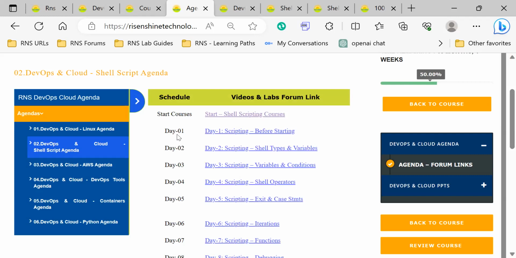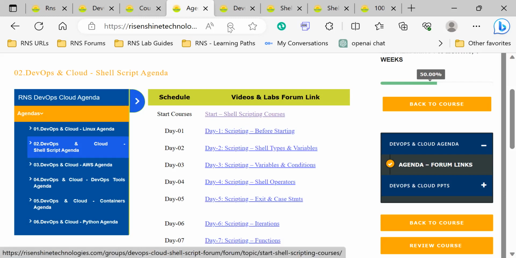But before starting the day-wise sections, first you need to start the courses. If you would like to access the next day-wise sessions, click on start shell scripting courses,